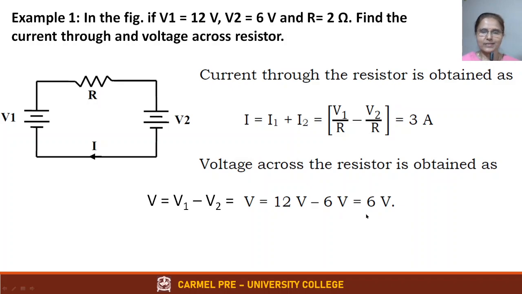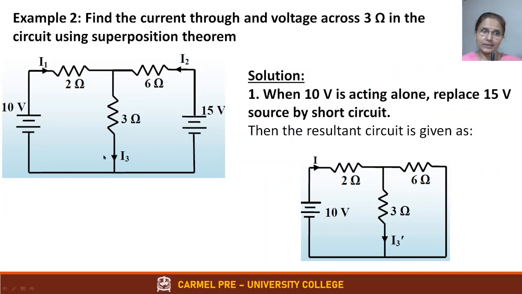Okay, so this is how you use superposition theorem to find current through any branch. This is a very simple circuit, but the same concept has to be used even if the circuit becomes complex. So next we will consider a circuit with two loops. This is the typical type of circuit you will get in the final examination also, to find current through any